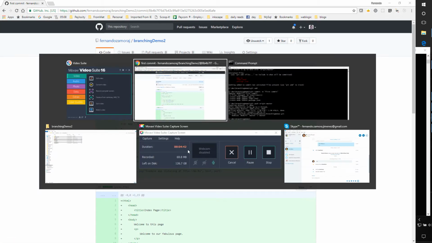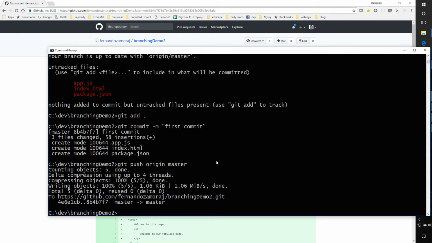And let's say that we want to branch. So let's say that we want to create a branch, and let's just create a simple branch. Let's call it feature X or something. So we do a git checkout, and when we do a checkout, it's going to move to that branch, but if we give it the parameter -b, it's going to create it. So let's just say that we call it feature X,